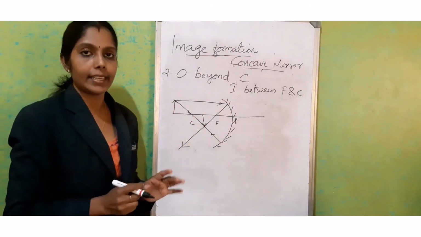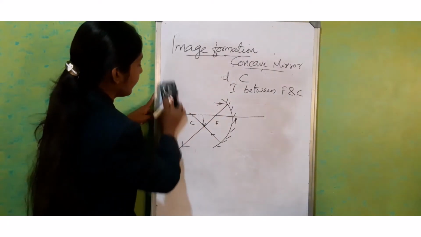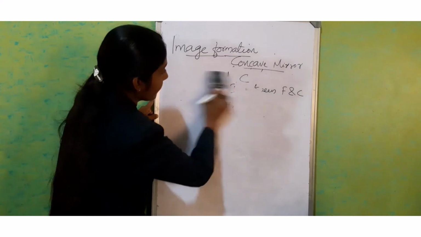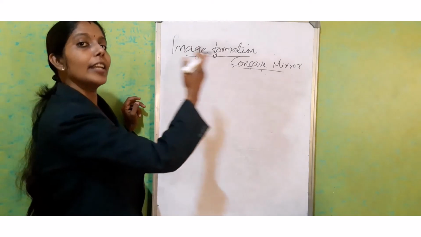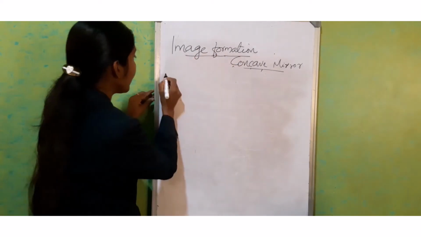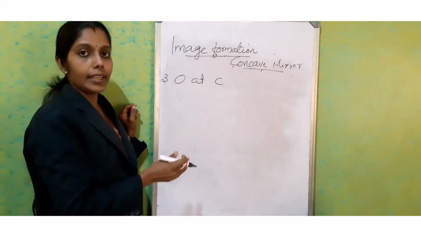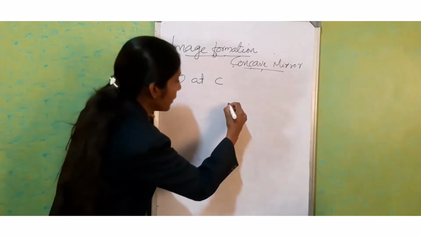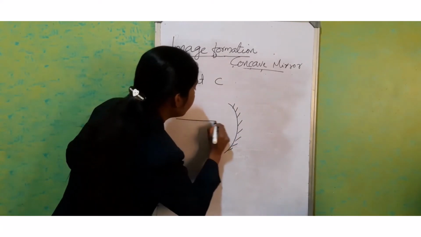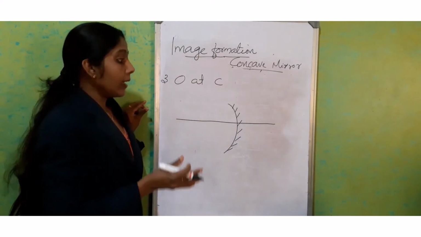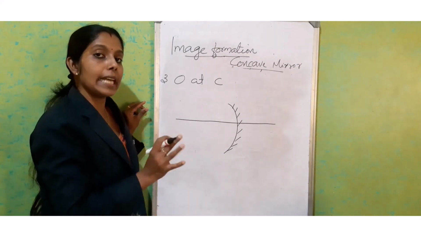This is our second case. Now we will see the third case. Slowly the object is coming from far away near to the mirror. Now we are going to keep the object at center of curvature. Third case, the object at center of curvature. When we keep the object at center of curvature, if you take proper measurement while drawing with scale, you will get the image position exactly at the same place.